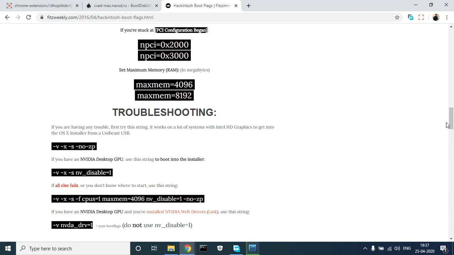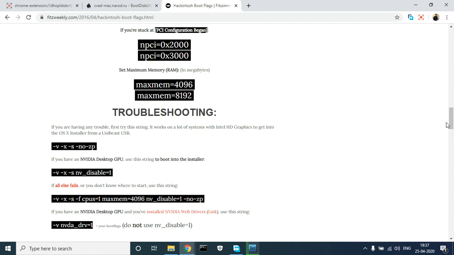For example, if you have Intel HD graphics on your Hackintosh PC, you can use the boot argument combination dash V, dash X, dash S, dash no dash ZP. Please note there is a space between dash V followed by dash X, and dash S followed by dash no, but there is no space between no and ZP.